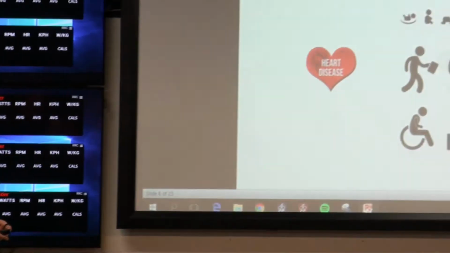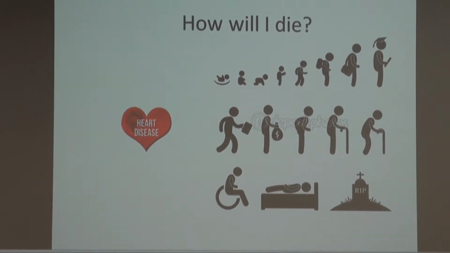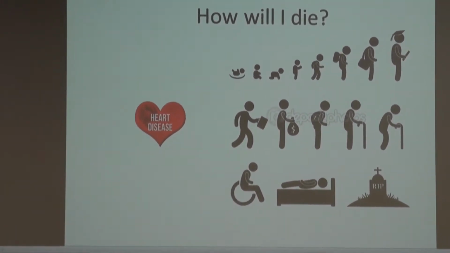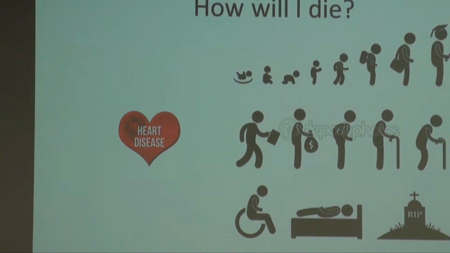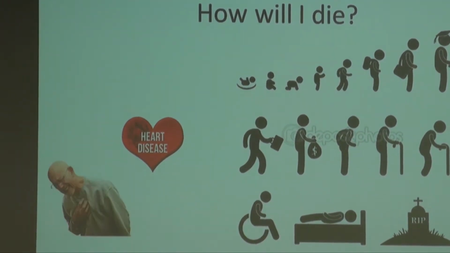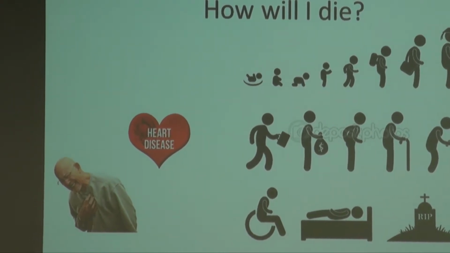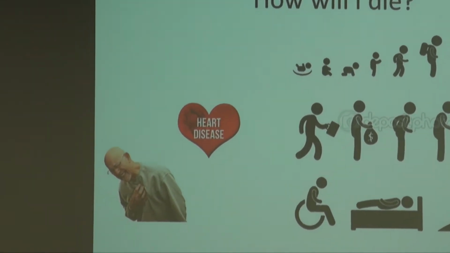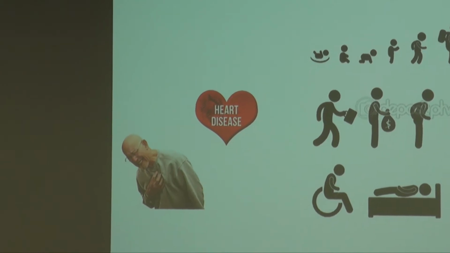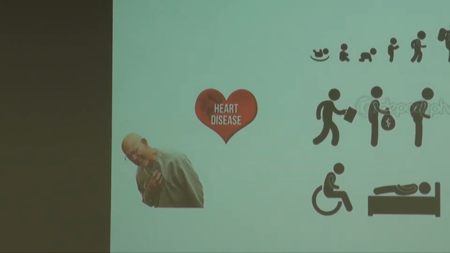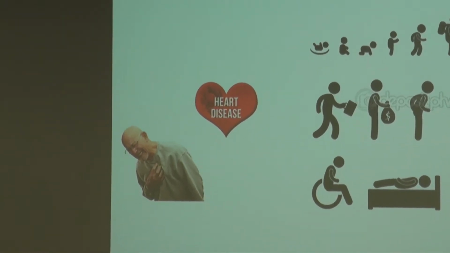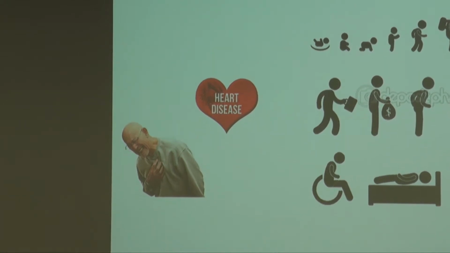So let's find out what those main things are. I know you'll have heard of all of these. But 80% of us will die of the following four key things. Heart disease is the first one, so atherosclerosis, the development of plaques and ultimately inflammation in your cardiovascular system. And stroke as well, which is another type of atherosclerosis that happens in your brain. You get a small clot in your brain.